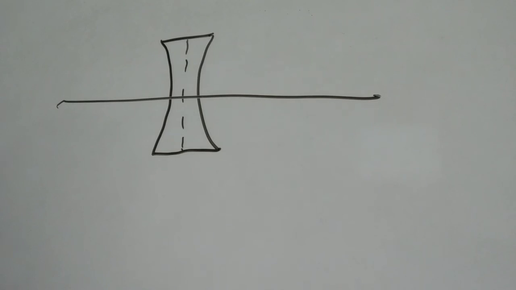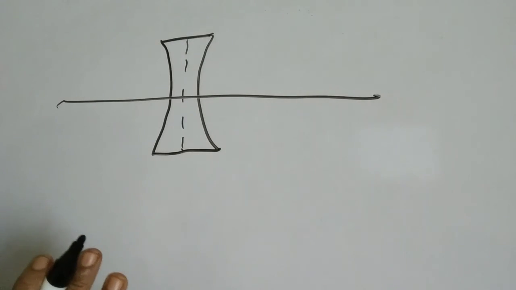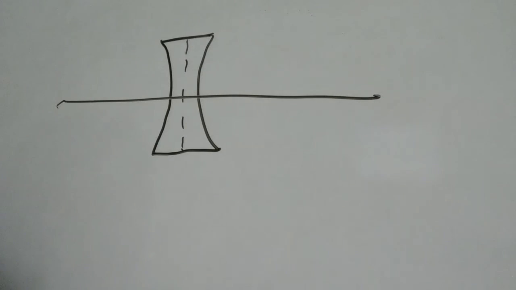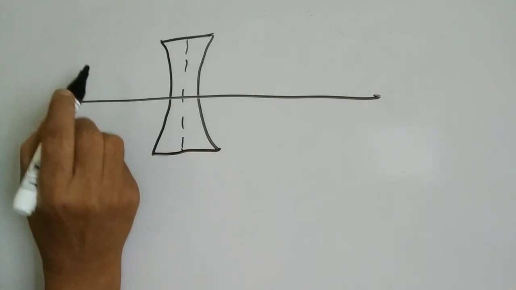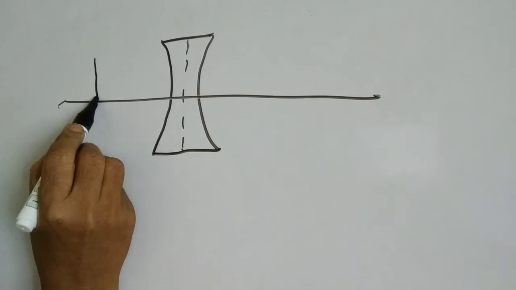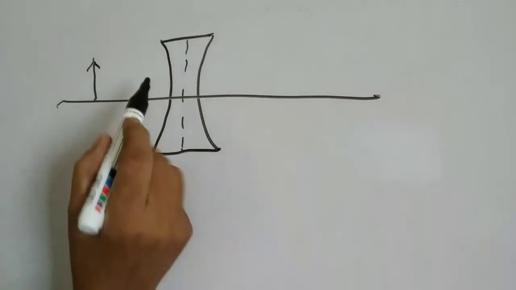The rules are the same as in the case of convex lens, but here divergence is taking place, whereas in convex lens convergence is taking place. So for any position, you can take any position of the object in front of the lens,